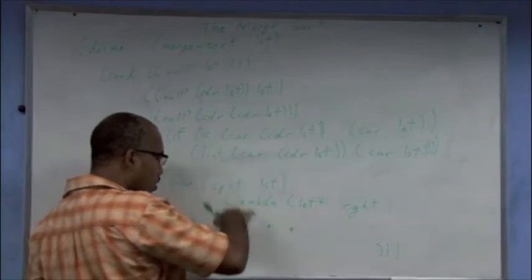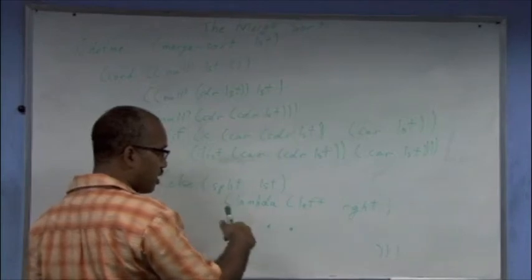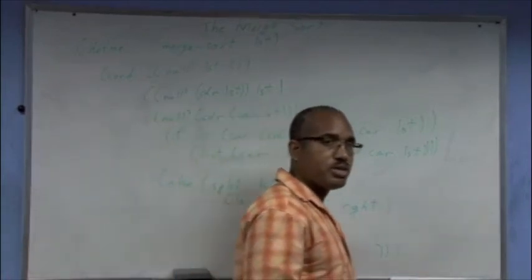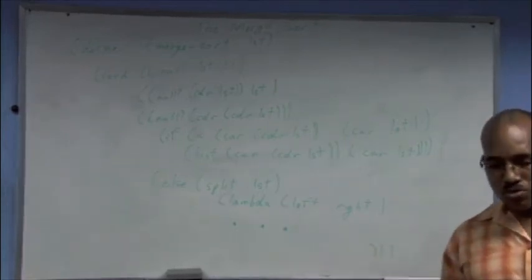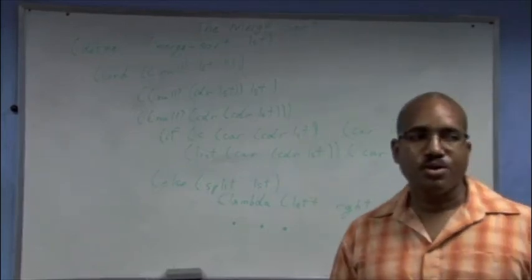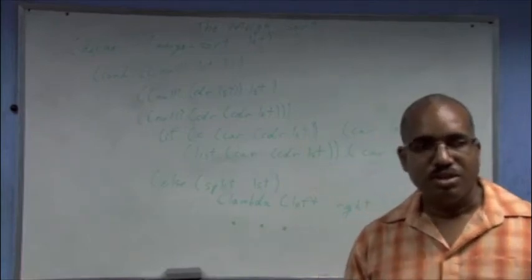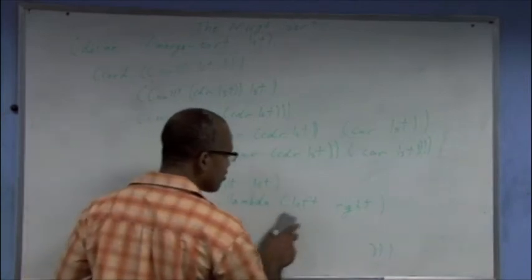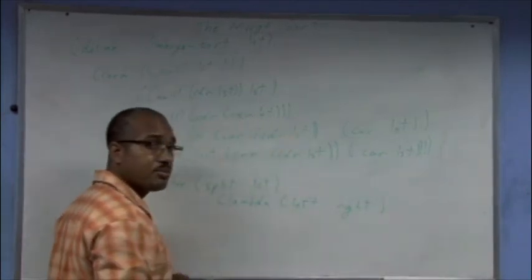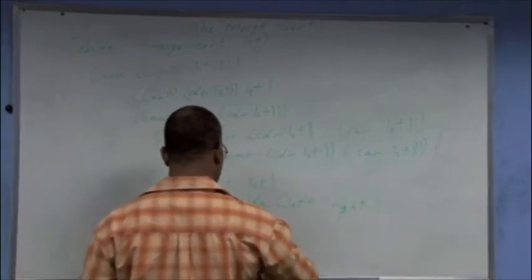Now, down here, we have the general case. What we need to do is split the list into two parts, left and right, and then we do something with those two parts. What do we do? Remember how the merge sort works. We split them, call the merge sort on them, and then we merge them. So what we need to do is call merge on the result of merge sort on left and merge sort on right. So what we have is merge